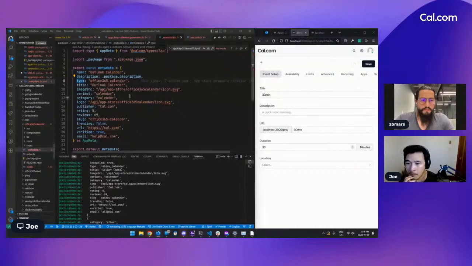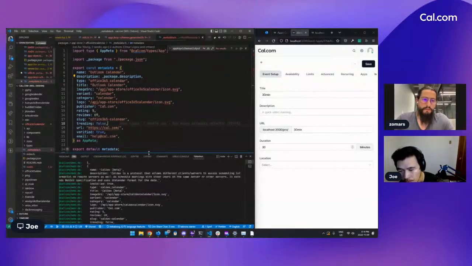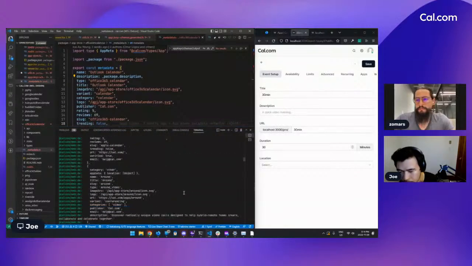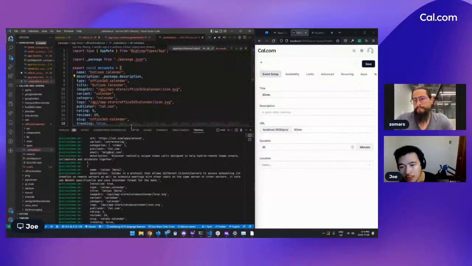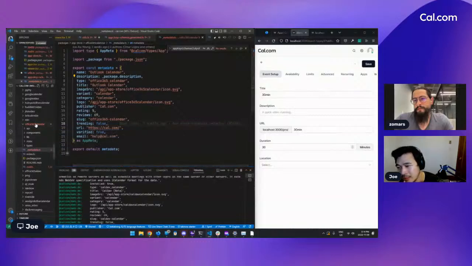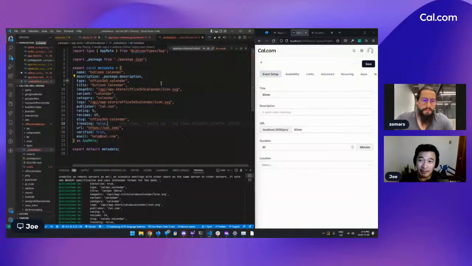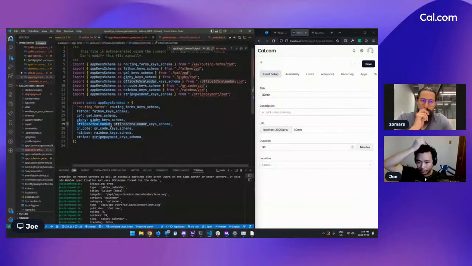Let me see. No. Because in some places we use the dir name, the directory name. In this case, that makes sense then. Where did it get the property name from then? Yeah, you can see on the seed app store file